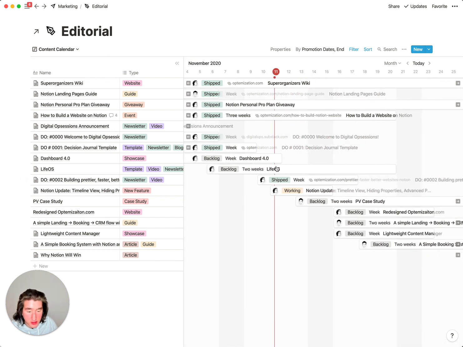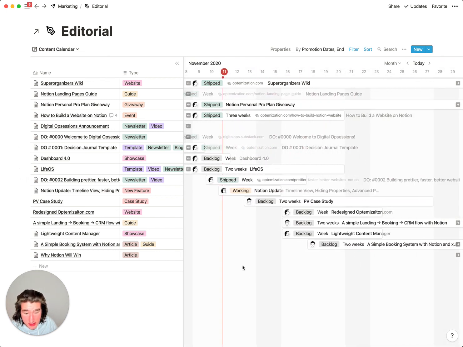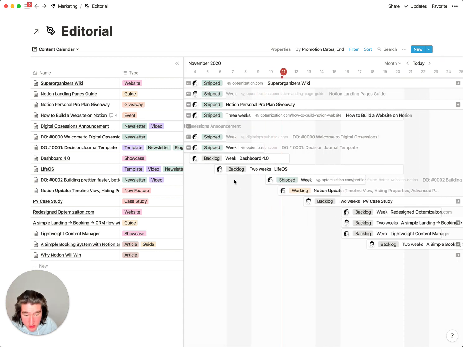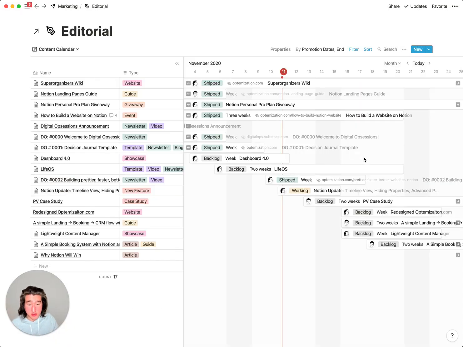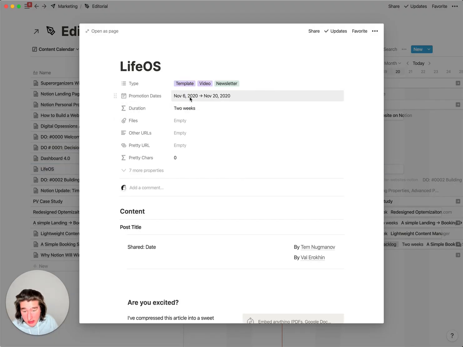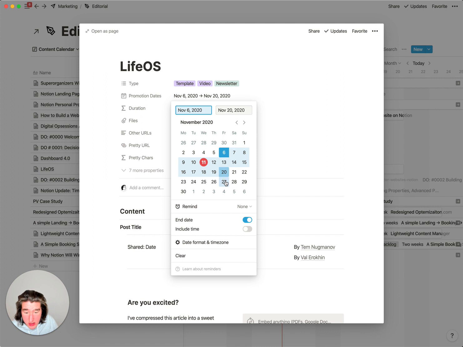All the content pieces are visualized, and we can see a couple other things here. So you can see the person who has created this record, what's the status of this record. So honestly, this is on the backlog, so it's actually supposed to maybe ship one day later. So let's move it over to, why is this dragging? Hold on, let's move it up. This is a bug. Well, that's what you get with new features. There's a bug, so I can't drag this guy, but I can go ahead and change it here. And this is going to be a nice segue because